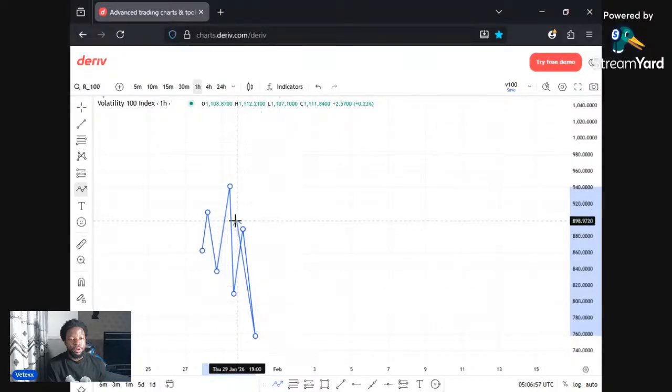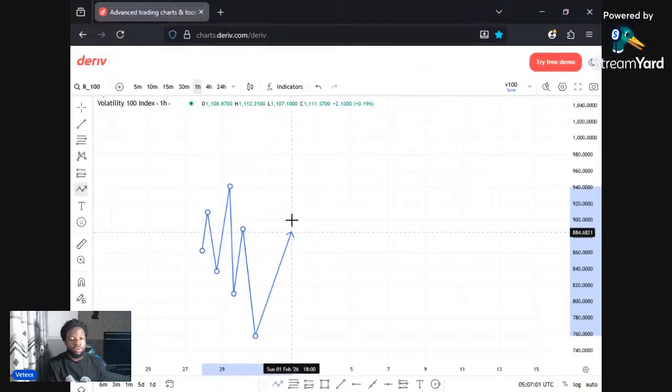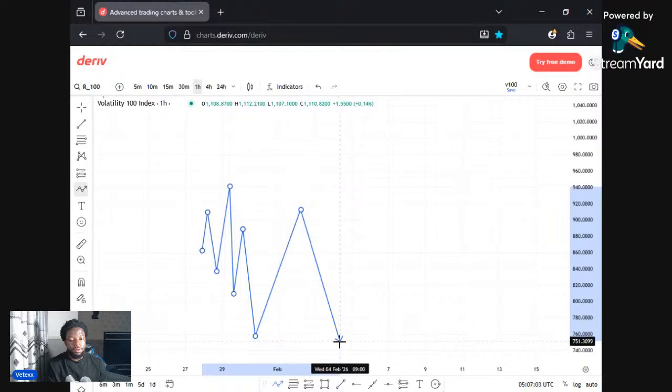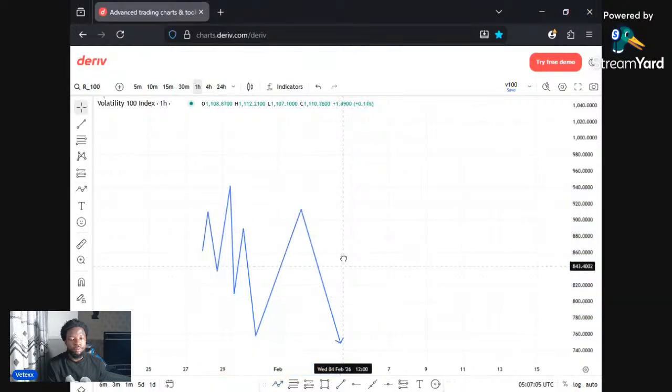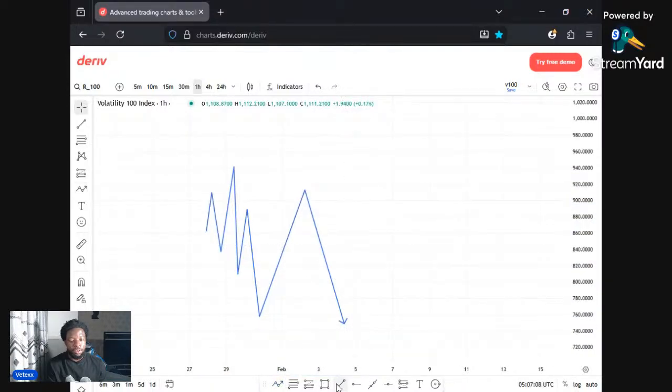Price will retrace back to this zone, which now becomes our POI, taking out the structural liquidity and then selling in the opposite direction. So this is what we look at every day on the market. So this becomes our first break of structure. This becomes our second break of structure, and then this becomes our protected high right here,